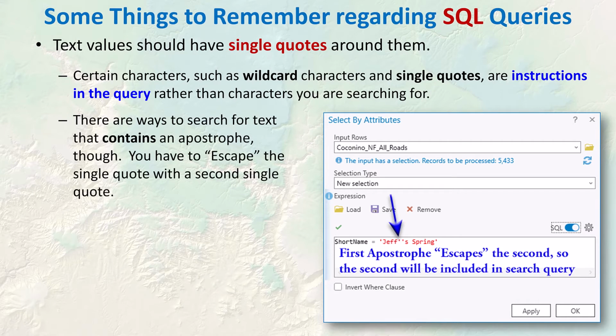Now this raises a problem if you want to include a single quote character in your text search. If this happens, you need to add a second apostrophe in front of the original apostrophe. This serves as an escape character that tells ArcGIS that you want the original apostrophe in the query itself. So you have to deliberately tell it to not consider that apostrophe as sort of the thing that bounds the